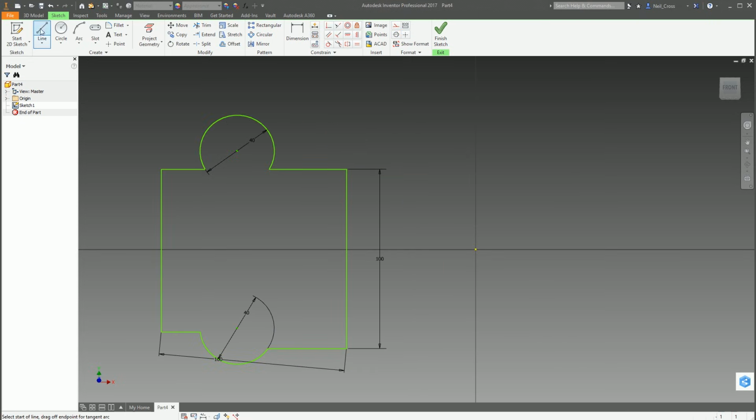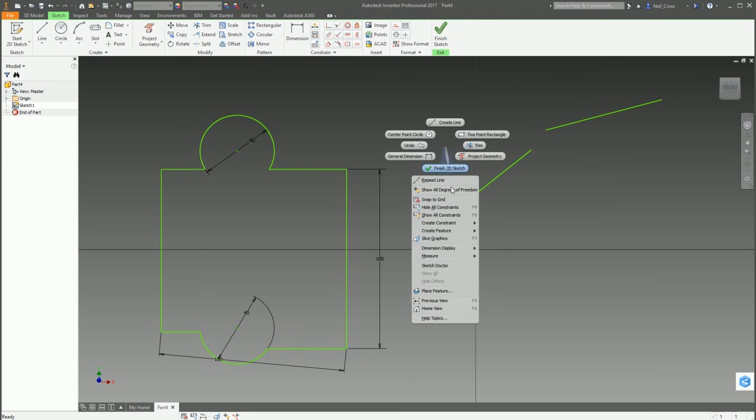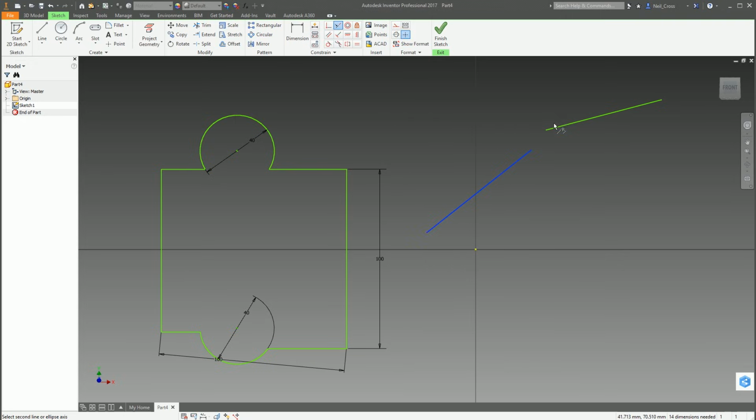And what I mean by they don't have to be horizontal or vertical is if I draw a separate line here and then say a separate line here, and then we go right click, create a constraint. I need to press escape, so out of the line command, create a constraint, collinear. Where has he gone? That one there. Make these two lines collinear. They're now on the same axis as each other. So that's what collinear is.